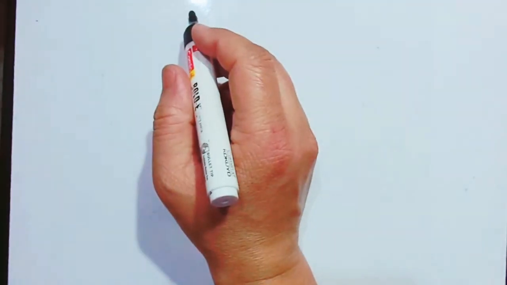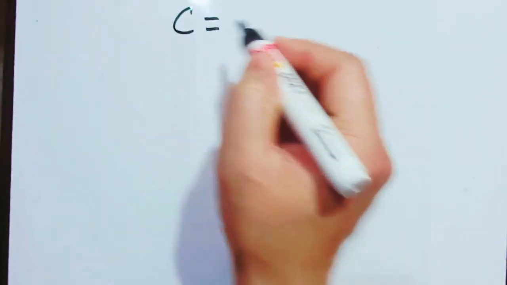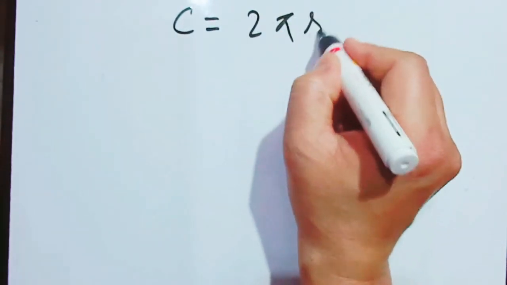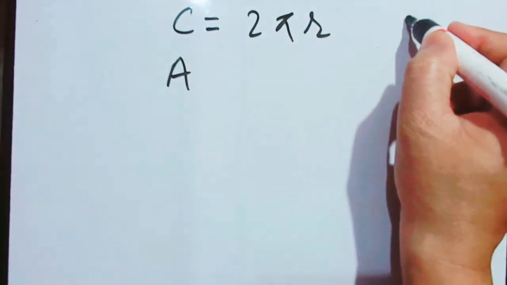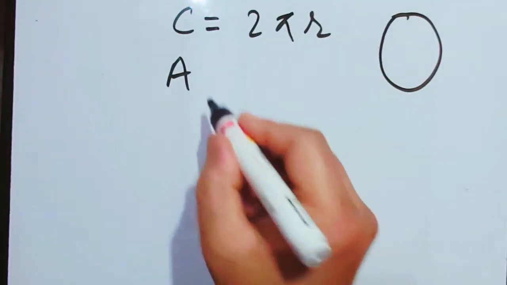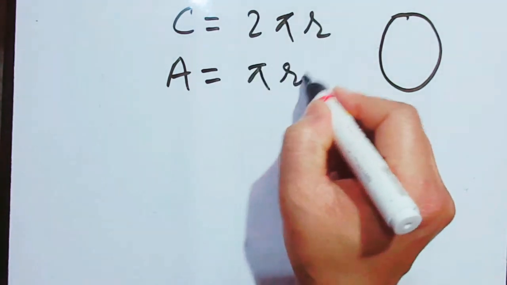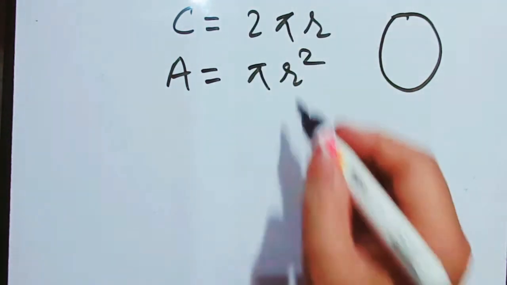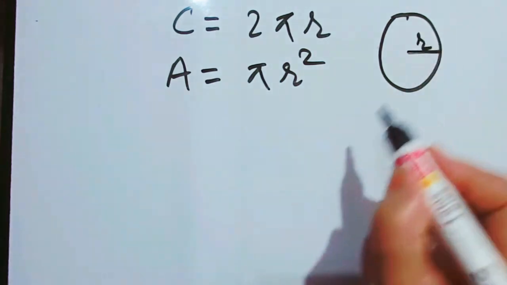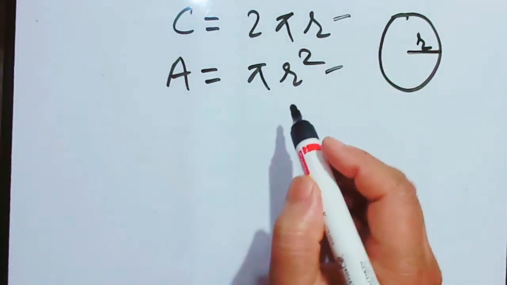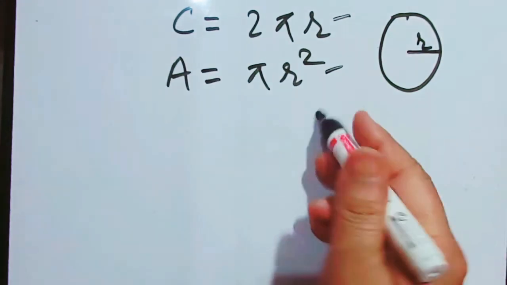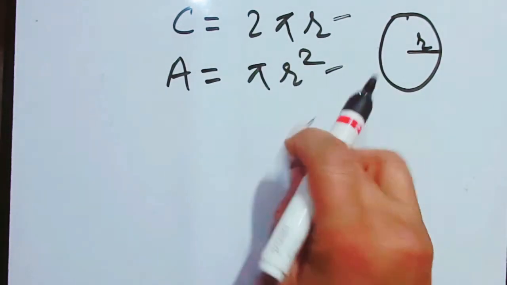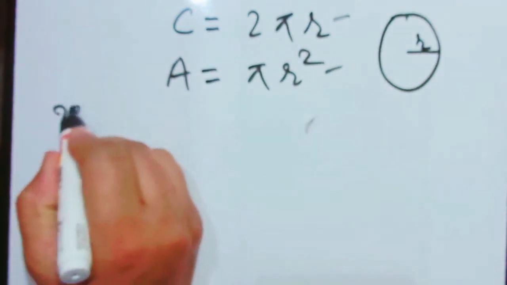In a circle we have a diameter, and half of the diameter is known as the radius. We also know the circumference of a circle is equal to 2 pi r, while the area of a circle is equal to pi r square, where r is the radius of the circle. Now, using these two formulas, a few problems have been given. For example, in 28 it